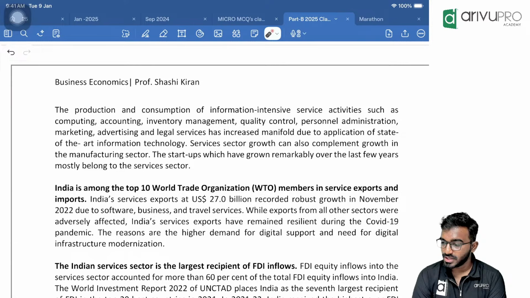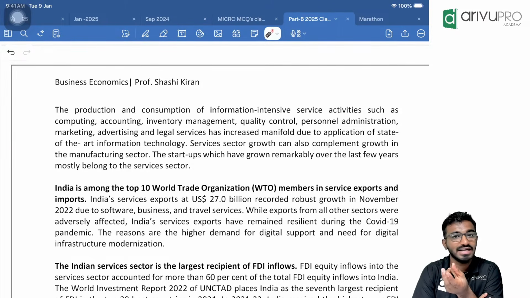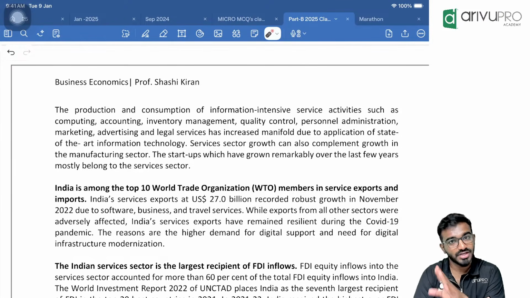Sir, in which part, micro or macro, can we score more marks? To be frank, in micro you can score really well. In macro, the biggest challenge is you have to go a little in depth. You have to read the ICAI material from nook and corners also. Sometimes they will ask questions. Some students, not everyone, may find macro a little tricky to score. But eventually, if you ask me personally, that trickiness is hardly 5 to 10 marks. So in micro, out of 50, scoring 40 is easy. In macro, out of 50, scoring 30 is easy. Definitely 80 is achievable if you have prepared well.